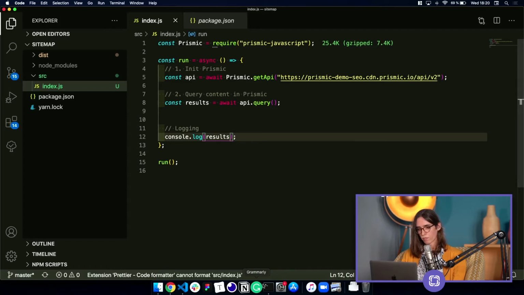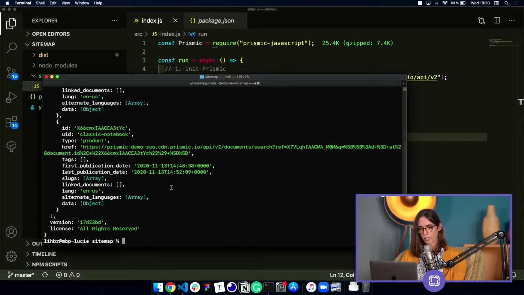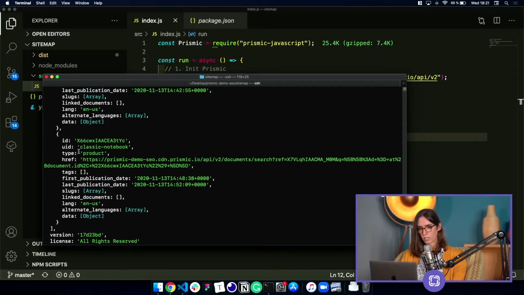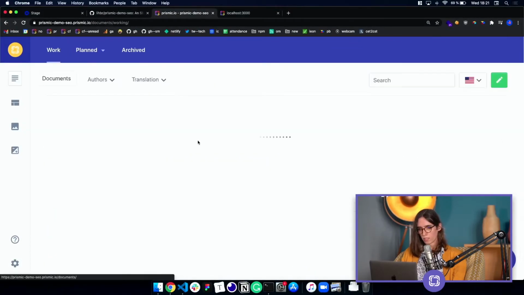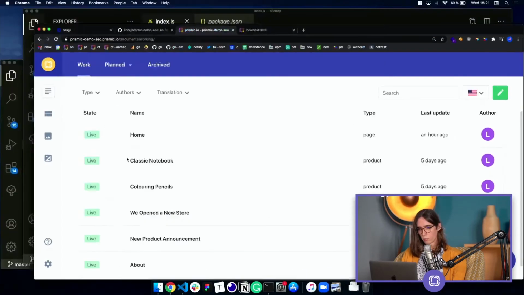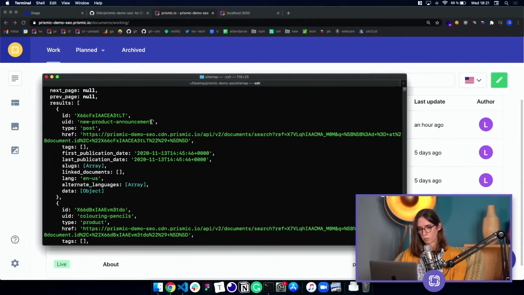So by having that, I can log result instead of API. I save, and I run my script again. And now I have my API response with all my documents. You can see we have the classic notebook, which was one of my products, and I have the five other pages that I have within my Prismic